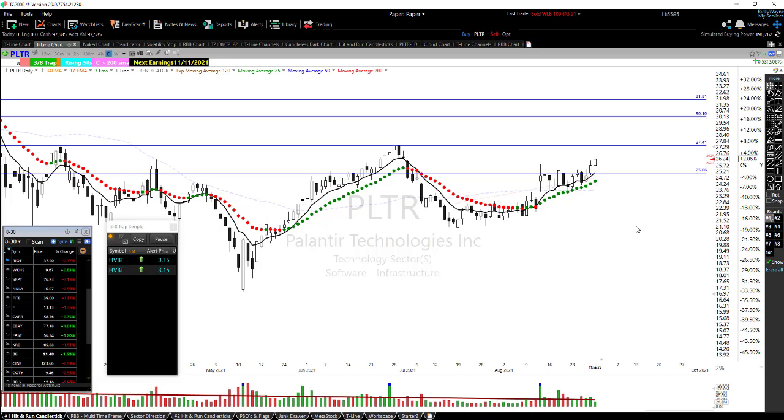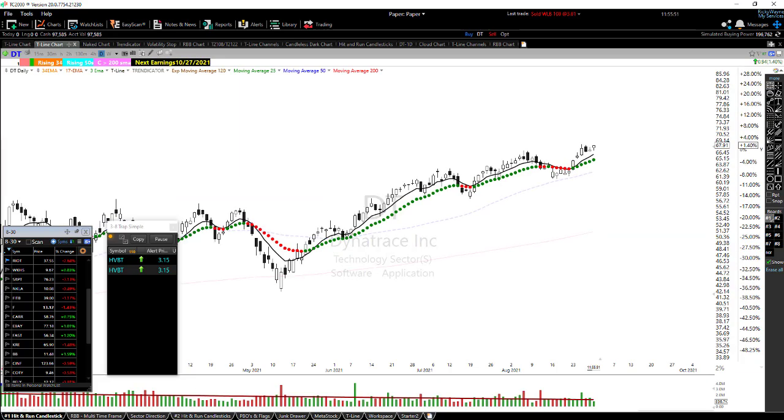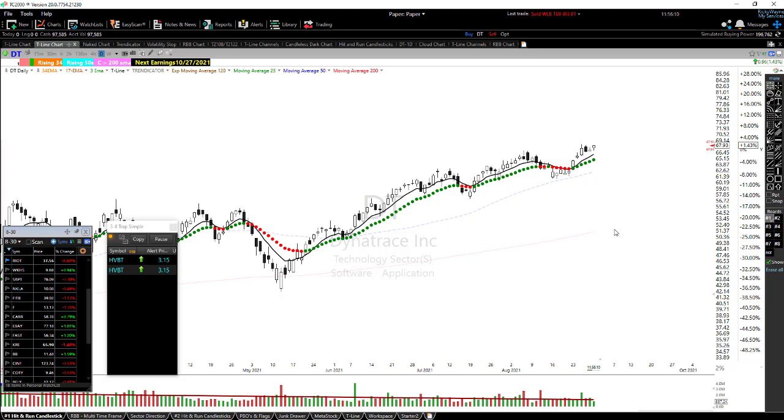That's something I was asked this past week after last Monday's class, is how much I use the scanner, and I use it 110%. Absolutely use it. I wait for things to set up, like DT here, and DT is coming up on that. Actually, it's coming up on my PBO spike scan. See how we've rallied up, and we're just moving sideways now. This is the kind of thing I'm looking for right here.